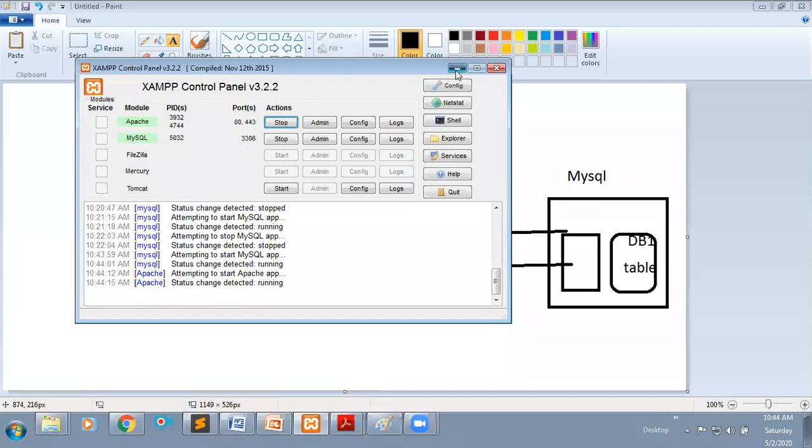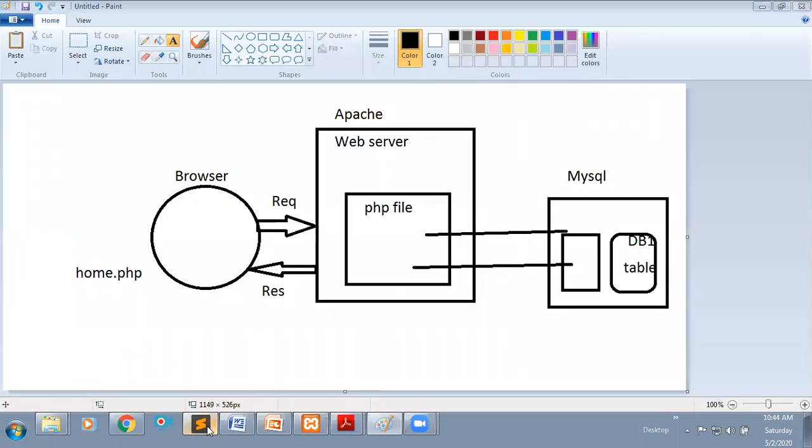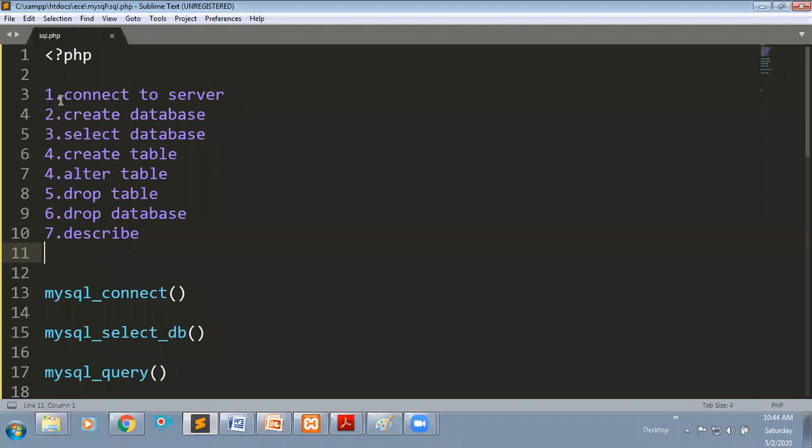First I will connect to the server. I will show how I can connect. Then after connecting to the server, I will create one database.